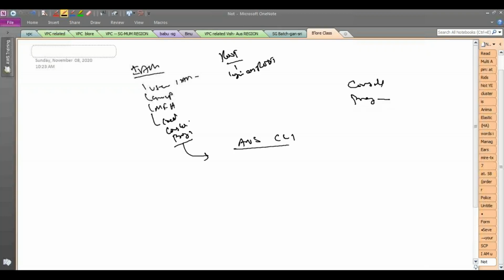Programmatically includes anything else. It also includes the CLI. It includes your SDKs and APIs for people using AWS to develop applications. We are not going to go into those things. They have SDKs for Java, .NET, Python, all that stuff. So basically, you just need to know what this CLI is. So how do you install the AWS CLI?